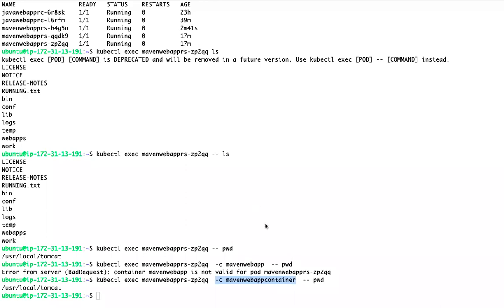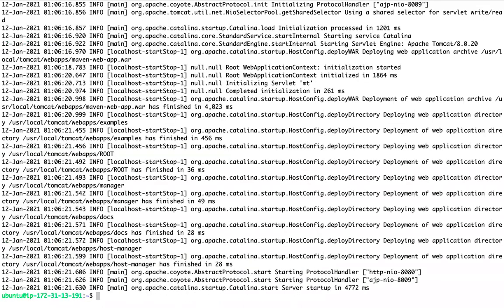If I want to check the logs, I can execute something like this. If you have only one container, you need not mention -c. If you want to check the log, kubectl logs, your pod name. If you want to go inside, kubectl exec, if you have only one container, you need not mention it. -it, you can execute something like this, /bin/bash.